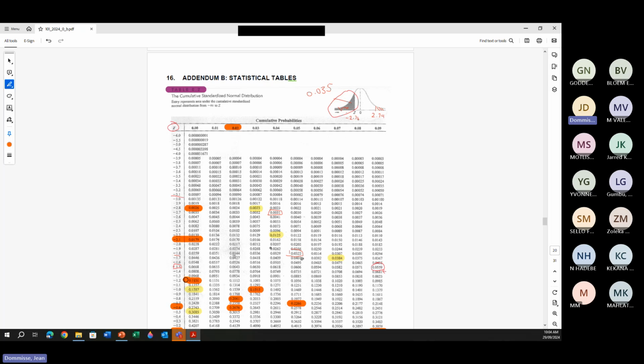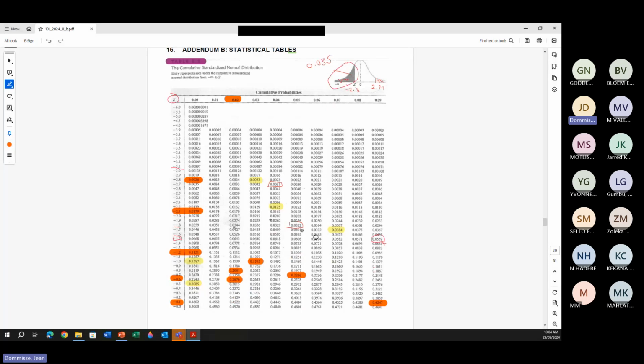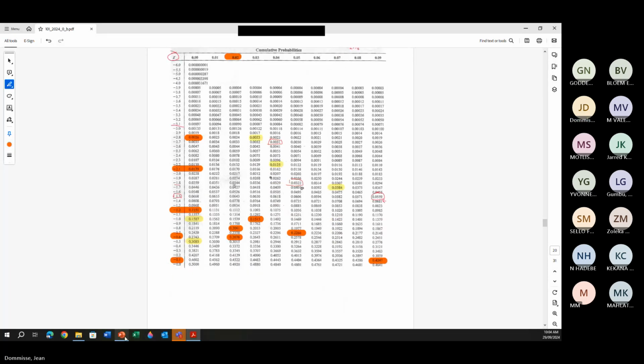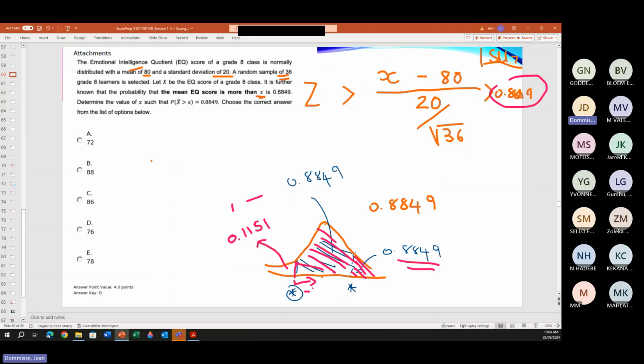Okay, there is actually 1151 minus 1.2. So that is minus 1.2. So now I can say minus 1.2 is equal to x minus 80